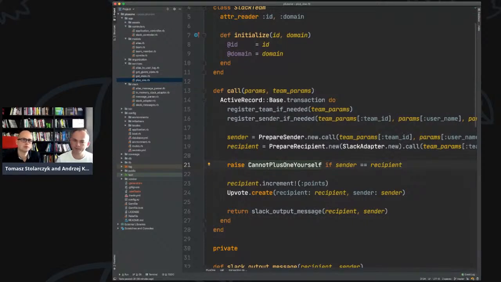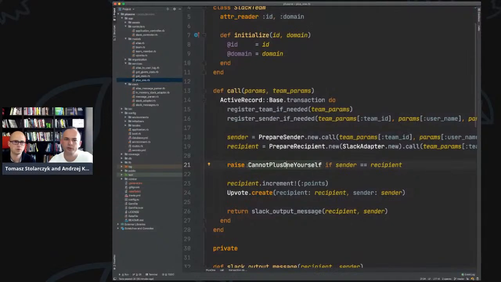Yeah, I agree here. So maybe this could, for example, be moved to upvote. Yeah. So this is the missing part, and I'm still trying to find out what's the right place. Going into a DDD way of thinking for a moment, is upvote an aggregate, for example? I don't think aggregate, but I think it's a value object. But value objects also have invariants, right? They can have an invariant. So you could not create a valid upvote if the sender and recipient are the same person. So then we are moving the business logic from the service actually to the upvote.